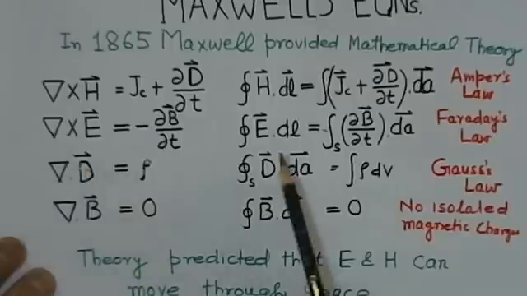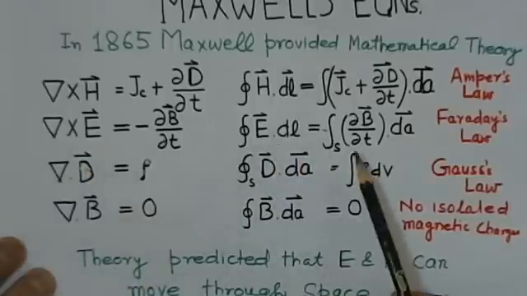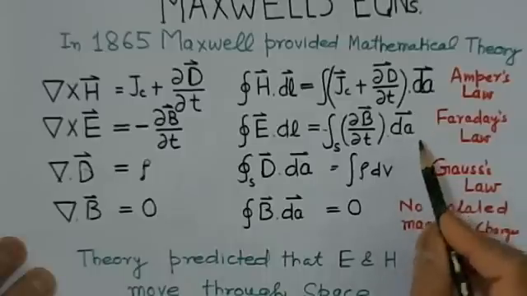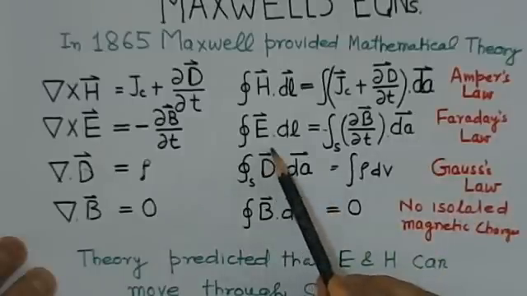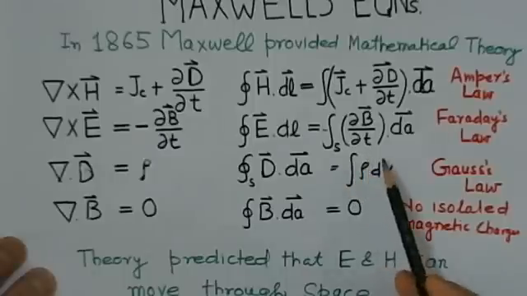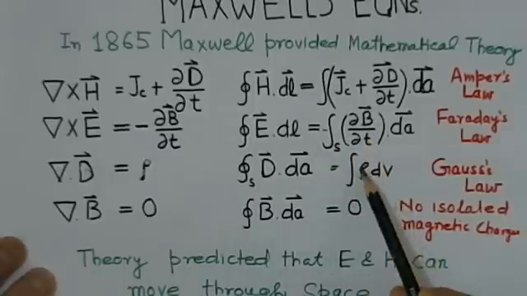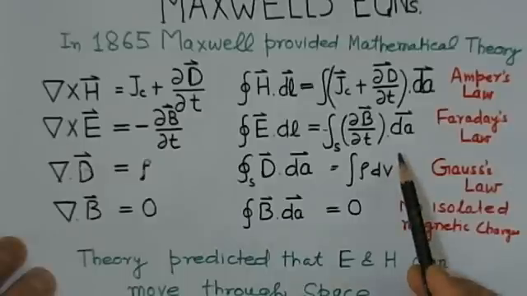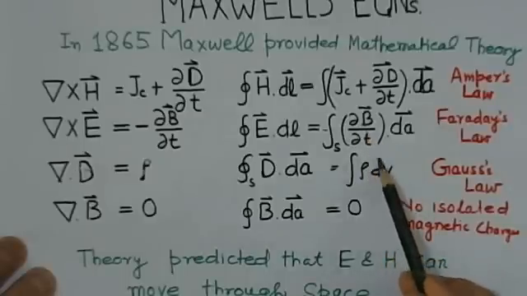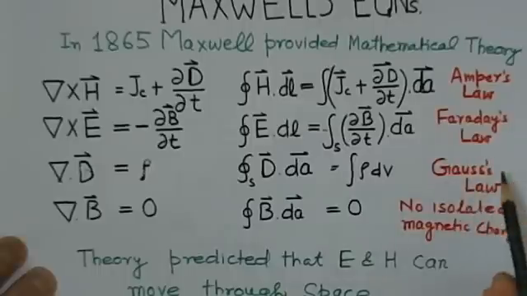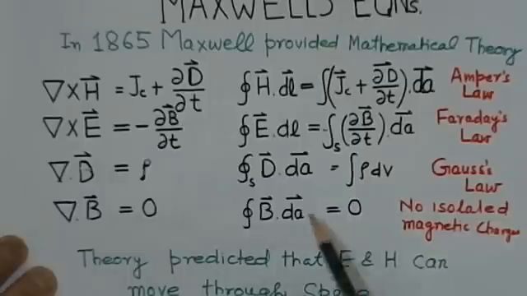Now the second Maxwell equation, E dot dl equals minus delta B over delta t dA. That means the electromotive force around the closed path is equal to the negative of the rate of change of the magnetic flux, or magnetic displacement, through the area. This is basically Faraday's law, and this law has been put in mathematical form in this way.